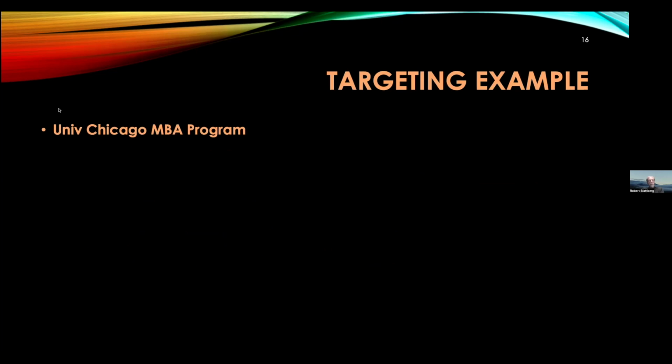So when I was at the University of Chicago, they asked me to work with the admissions office and figure out how we could develop a marketing strategy. And this was a number of years ago. The University of Chicago was falling far behind the competition in terms of applicants. It did well in terms of the image of the school, but because it was in Chicago, because it was in a not necessarily very nice area of Chicago, it had a lot of trouble attracting students. So I went to the director of admissions, and he and I conversed.